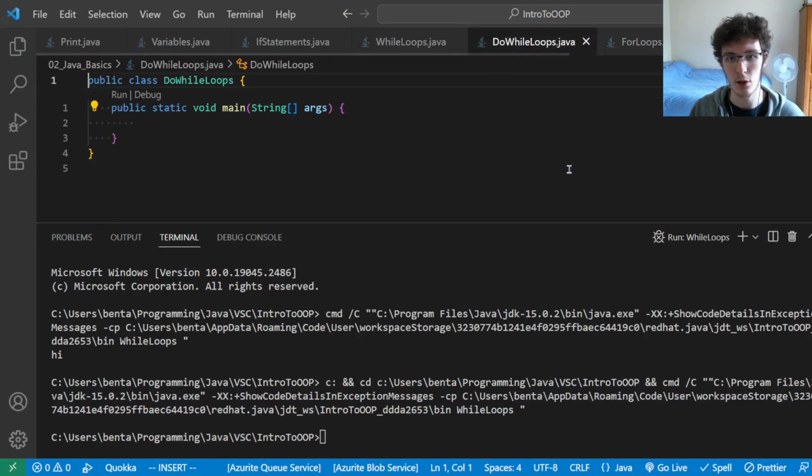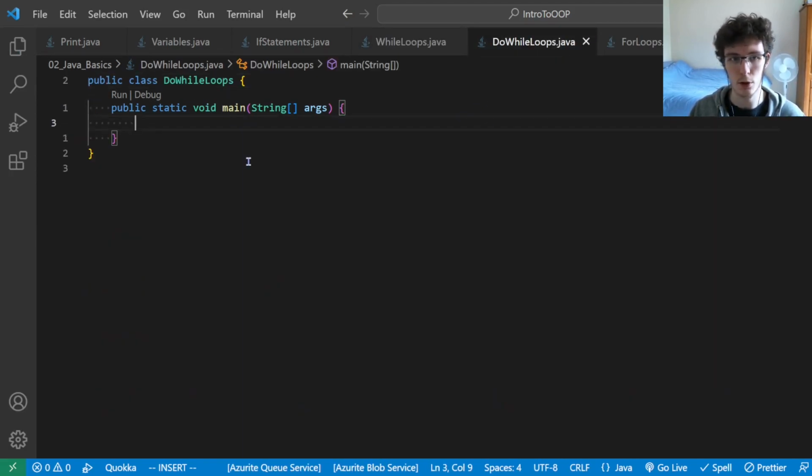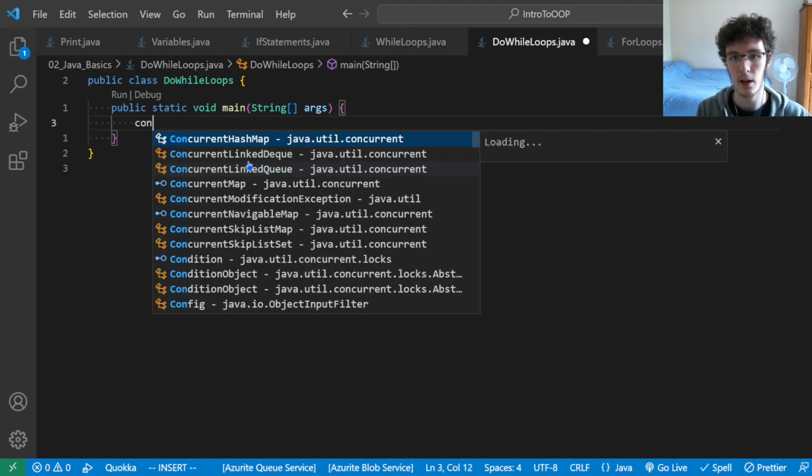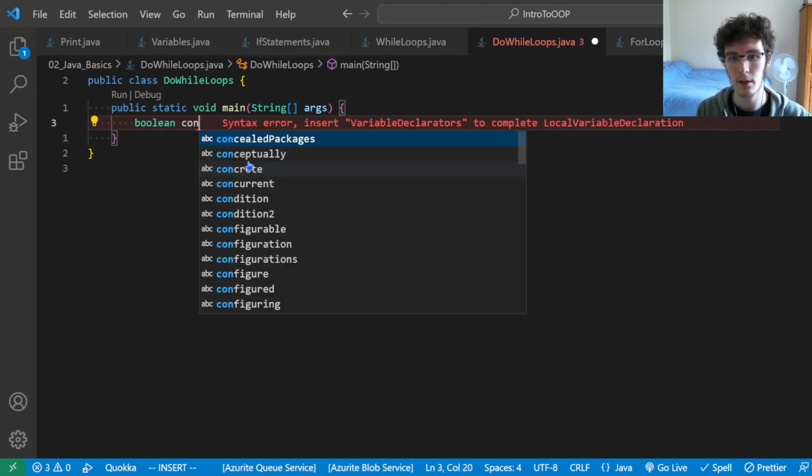And have a look at do while loops. So do while loops is exactly that. It's a cleaner way of doing something once, and then if a condition is true, then we do it again. Okay, so if we have a Boolean condition